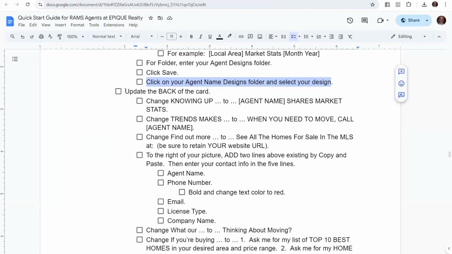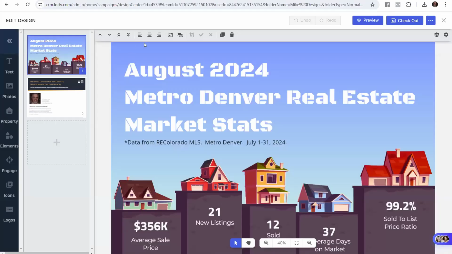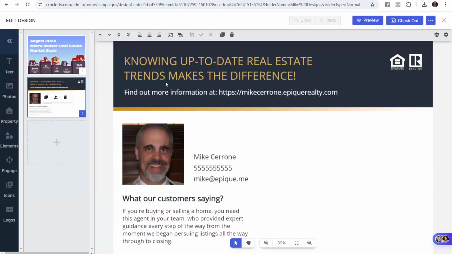Now we're going to need to update the back, and because we didn't copy it, we actually have to go and do the big update again. But it'll go pretty fast. Let's go ahead and practice. So we're going to change knowing up to. We're going to change it to this, and remember we can just copy and paste. So we'll do Control C. Go into the back of the card, and this is our first line. We'll do a Control V,